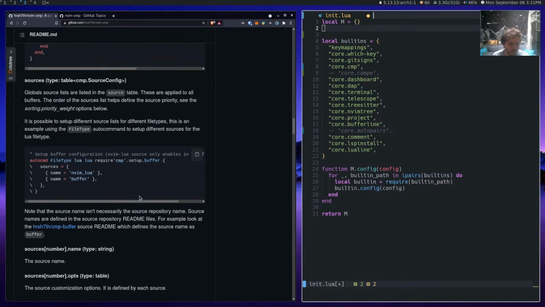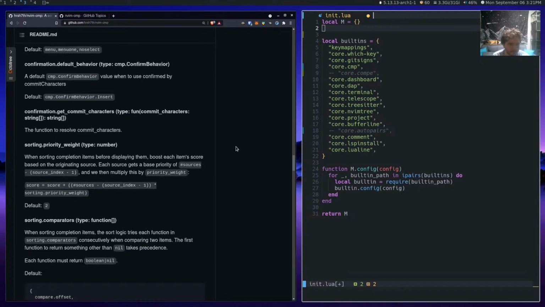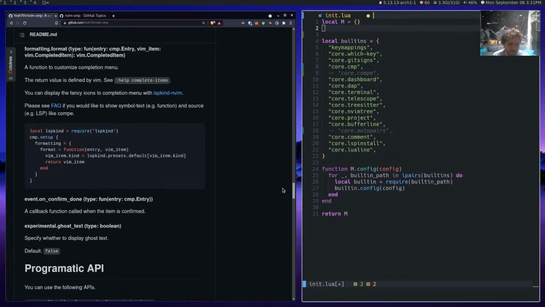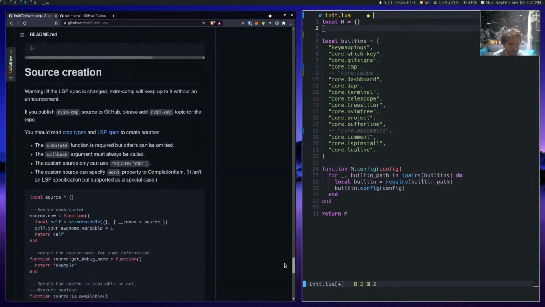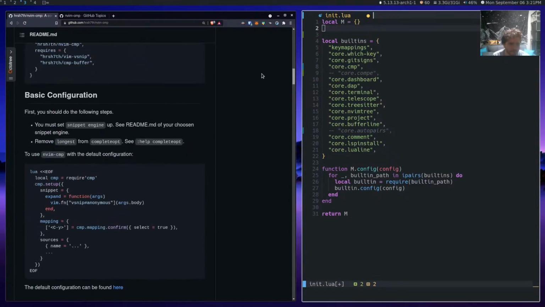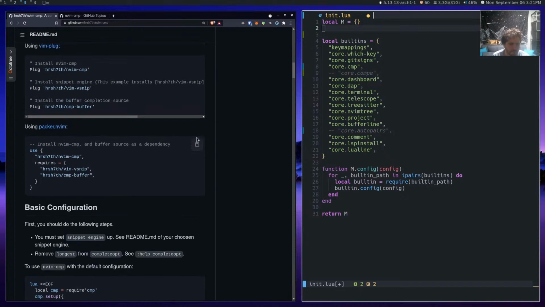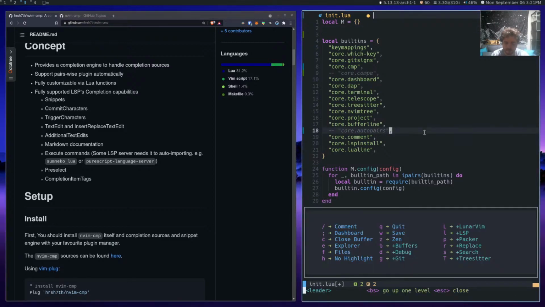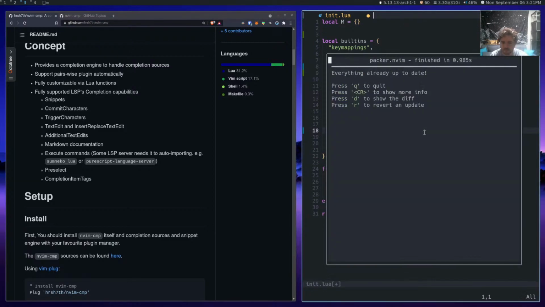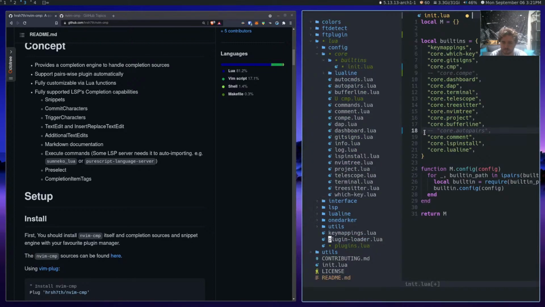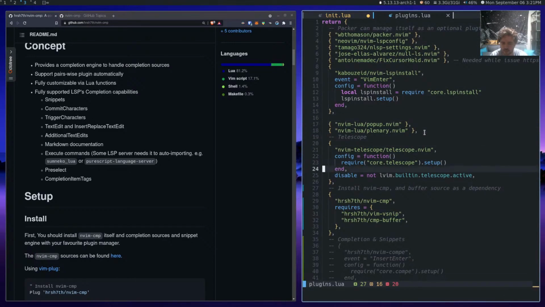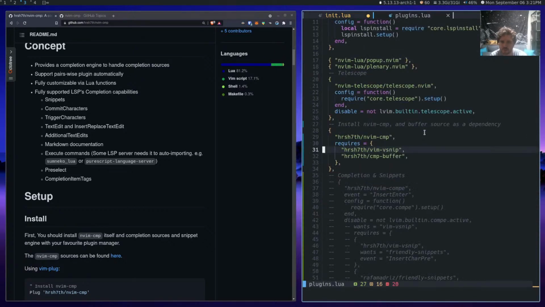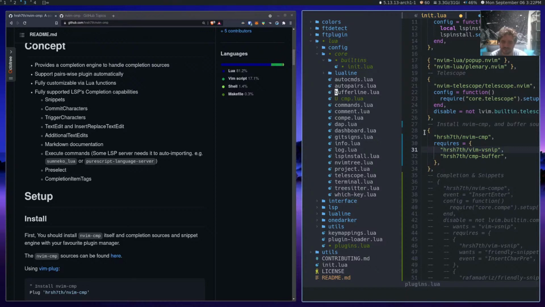Those are mappings. See, we got mvim CMP here. Obviously the setup's working because it's not throwing any errors. Well, it's not totally true.